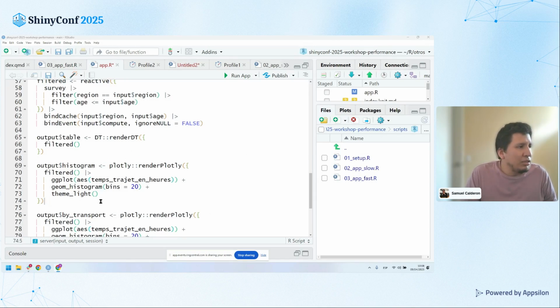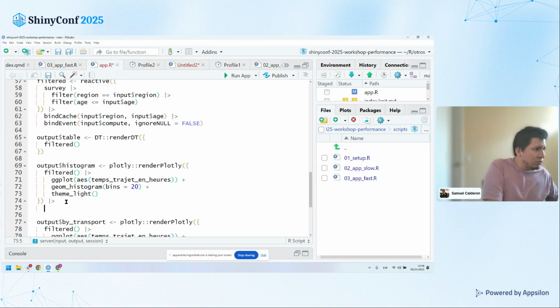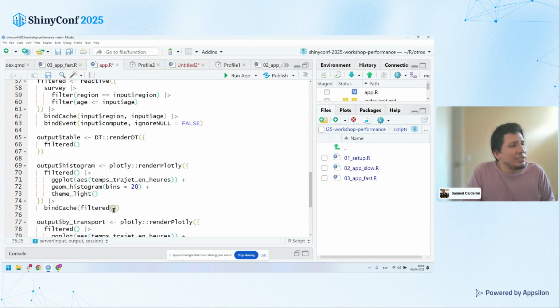Just be sure that if you are using something like this, bind cache, you will expect it to work something like this, right? The key will be this reactive. However, if the data that you want to use as the key of the cache is big,